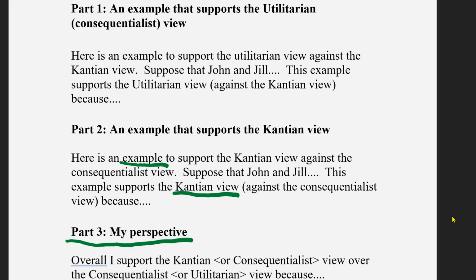So make sure that your entire assignment centers around this question of the conflict of evaluating actions as moral or immoral based on the consequences if I'm a utilitarian, or based on the motivation if I'm a Kantian. Alright, I hope this helps to set you up for the assignment. I look forward to reading your essays and hearing your thoughts as well.